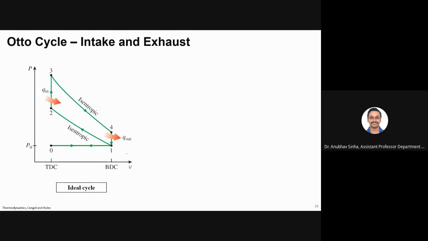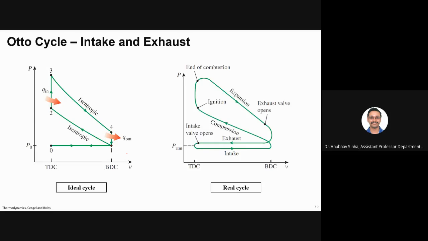But in a real cycle, when you intake, your pressure inside the cylinder is lower than atmospheric. Suppose this is your piston, the intake valve is open, so air is coming in, and the exhaust valve is closed. Why is air coming in? Because the inside pressure is lower than atmospheric. The piston is basically sucking, like an injection. The piston is moving down, so the inside pressure is lower than atmospheric, and only then does air enter.